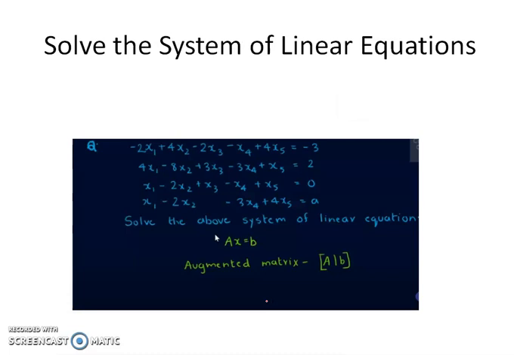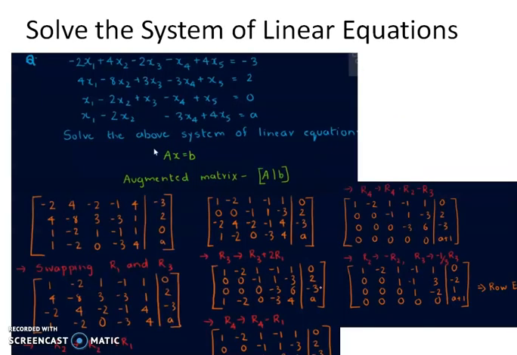So how can it be done? First you generate an augmented matrix. Then we can first swap R1 and R3. You know how to generate this matrix, isn't it? It can be generated from the system of linear equations. Taking the format Ax equal to B, you generate the augmented matrix in this format.